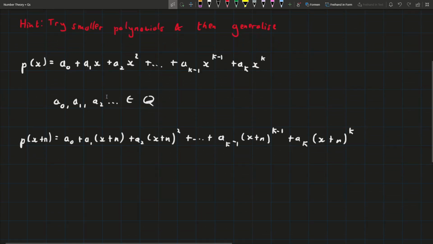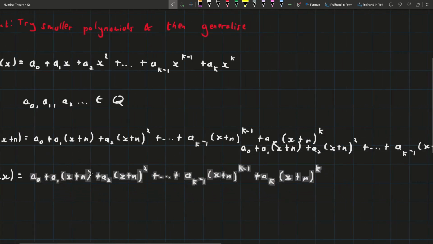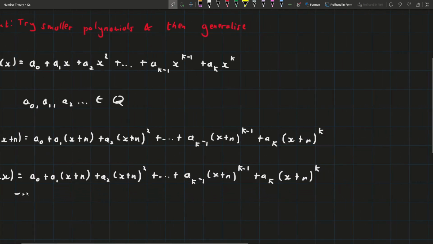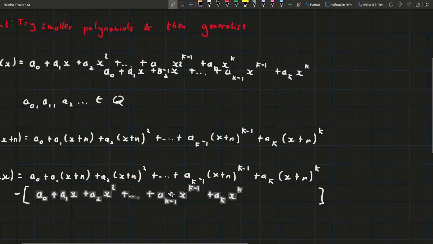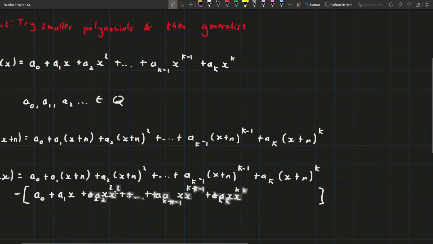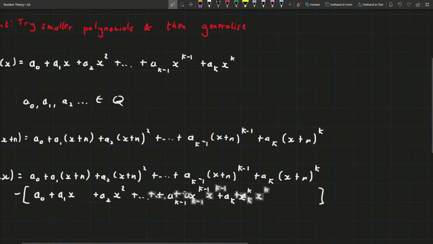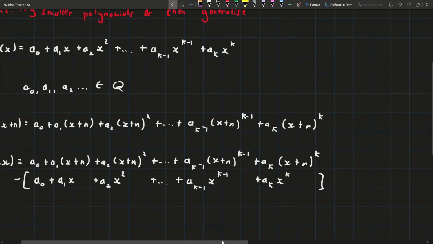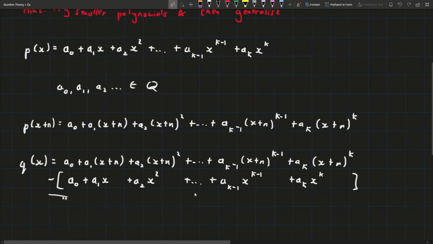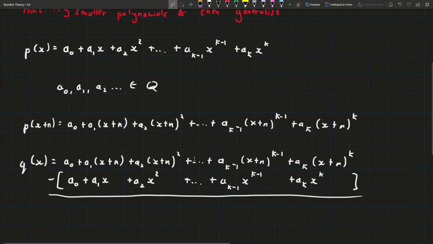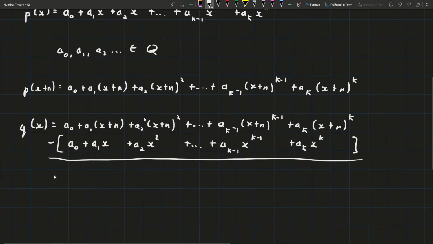So for q of x, we'll just have this big thing minus this big thing. Okay, and we'll see that something very nice happens here after a little bit of messing around. So you can see that the a0s will cancel, and that'll cancel,